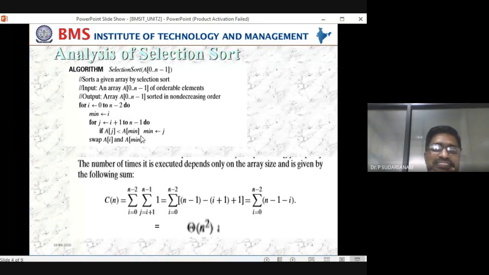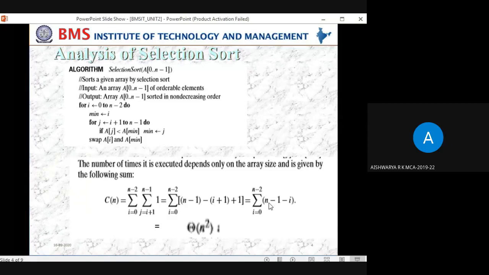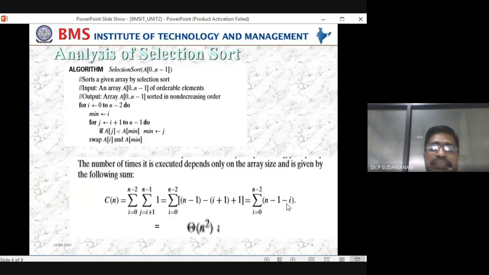So now you are comfortable with how to write the equation summations? Yes, sir. So now n minus 1 minus i, this we have done in first unit itself, how to calculate it. So don't bother for that. When you have the two loops, directly you can write it n square. Even if you substitute this and simplify, you will be getting theta of n square. This is what the worst case examples will be calculating. So these were the calculations.